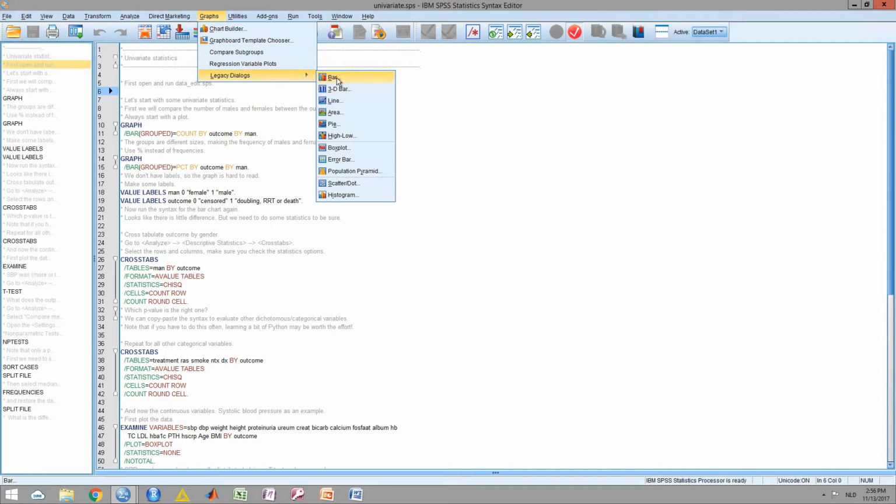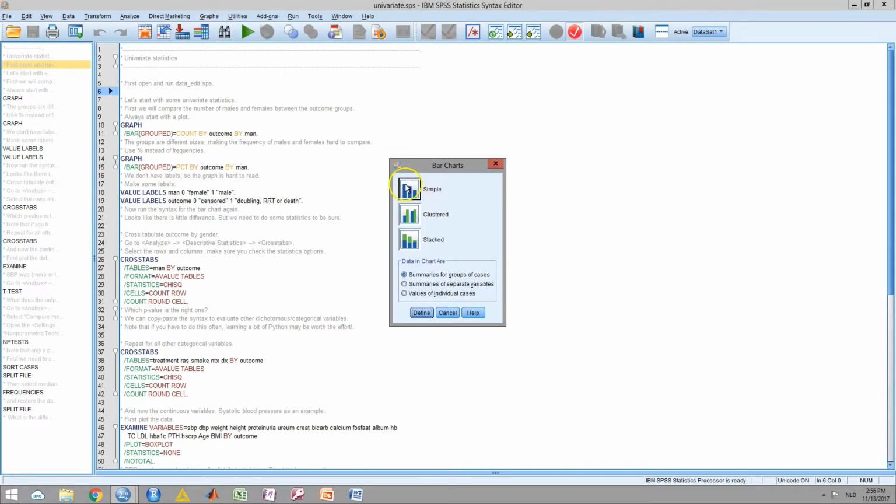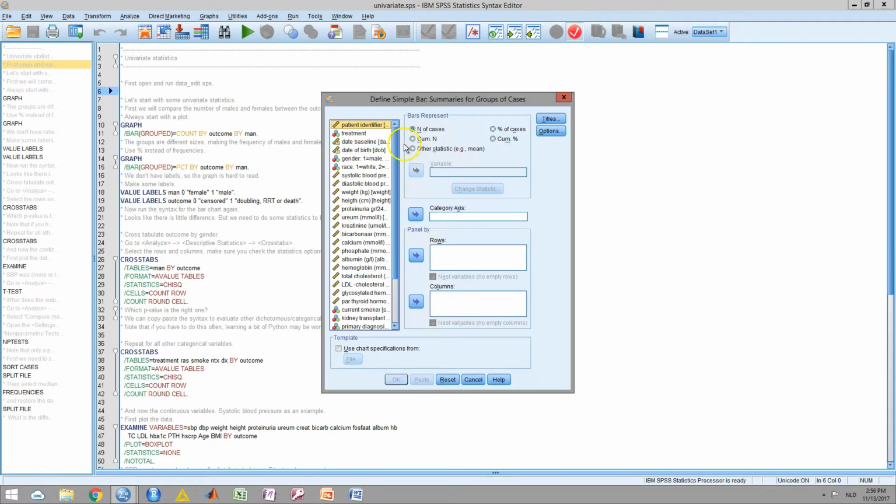And first, I'm going to do a bar chart where I'm going to do a simple bar summarizing groups of cases by, for instance, I want to represent the number of, or the percentage of men